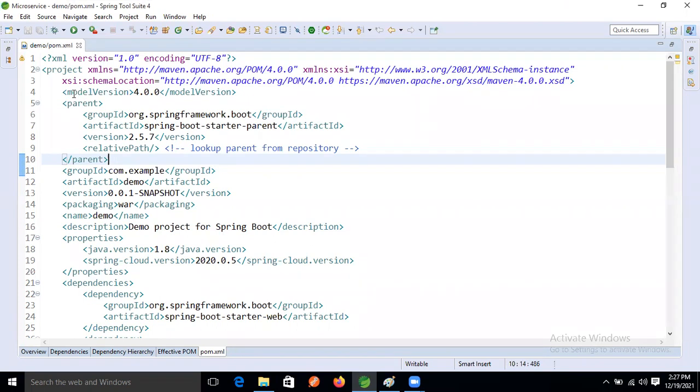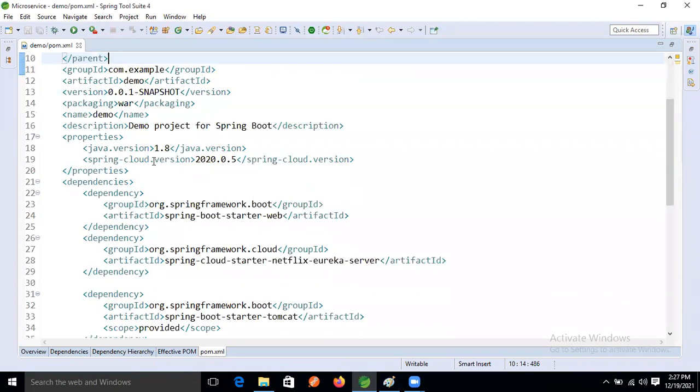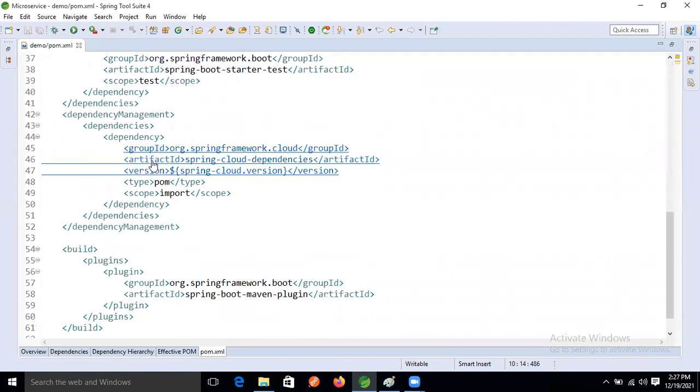Spring Boot Cloud, nothing but microservices, guys. So now come down. Whenever we are creating, what is that tag now, guys? Dependency.